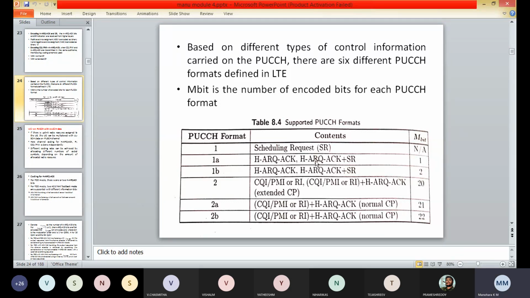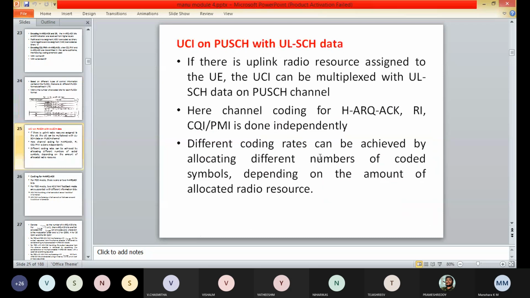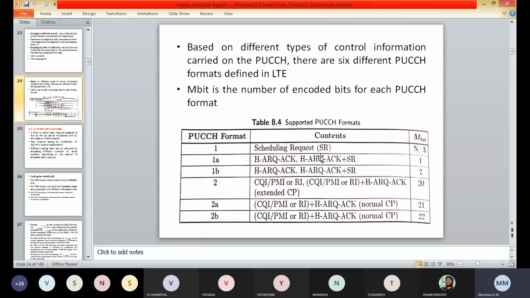The scheduling request is carried by the presence or absence of the transmission of PUCCH from the user equipment, so there are no extra bits. So this is about the channel encoding for the uplink information in the UCI on PUCCH.